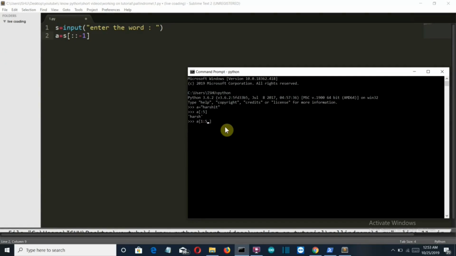So I'll write 5 here. There you can see Arsh. So this is how slicing of a list is done. Now what is the last parameter of this string? The last parameter of the string defines the difference between the two